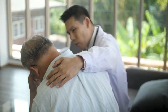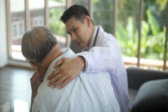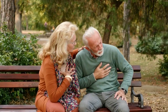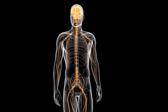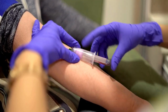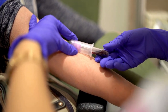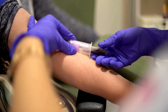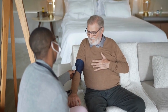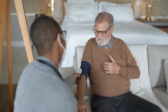complications. High A1C levels are associated with an increased risk of developing diabetes-related complications, such as cardiovascular disease, kidney disease, nerve damage, and eye problems. Monitoring A1C levels regularly helps identify people at higher risk and implement preventive measures to reduce complications. It is a valuable tool for assessing long-term blood sugar control, diagnosing diabetes, setting treatment goals, and reducing the risk